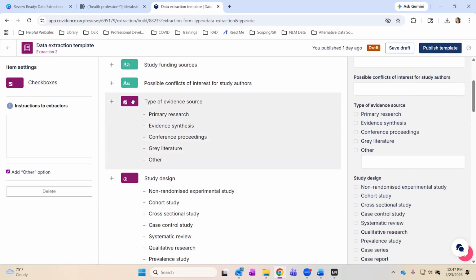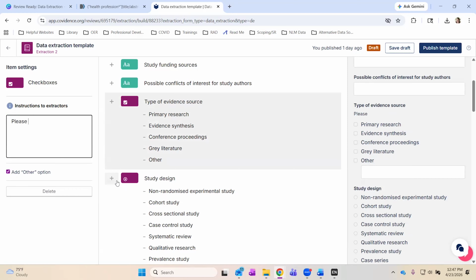If you wanted to add an other option, you have some settings on the left side of the screen. You could also give instructions, like, please take good notes on any other evidence source. So if it wasn't primary research, you wanted to know what it was, it would then show up underneath the question heading. So you can really keep everybody on track by providing good information if it's not something that is